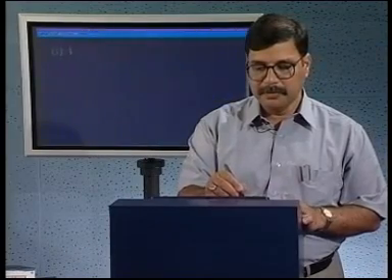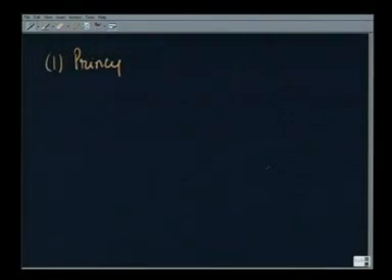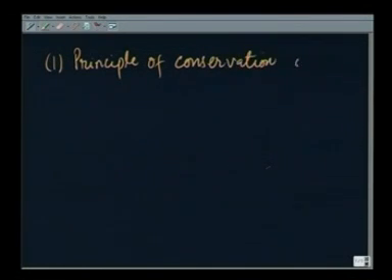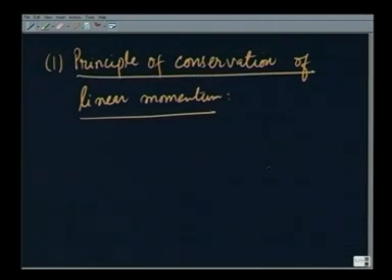How a motion can be understood, or what restrictions are on the motion from these concepts. So, we started in those lectures from number 1, the principle of conservation of linear momentum, and what it said was that if I have many particles interacting